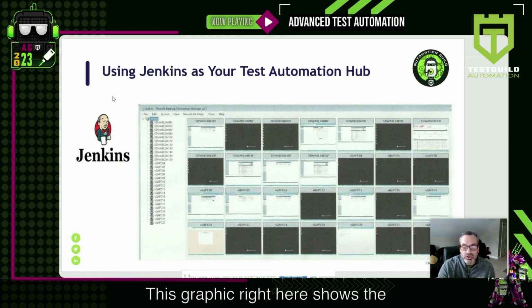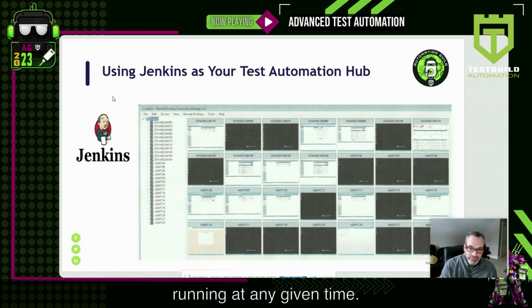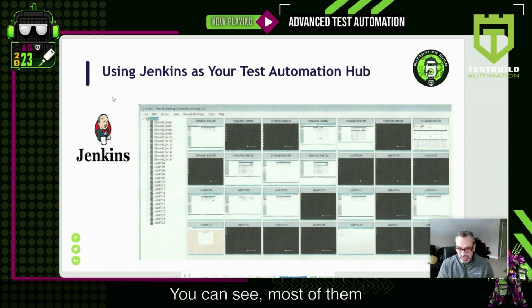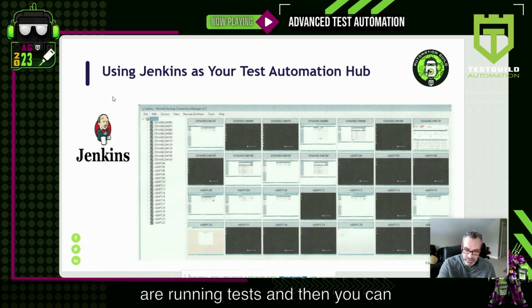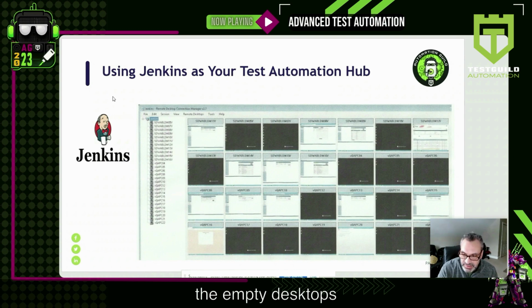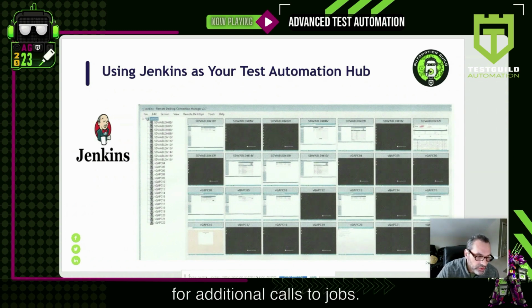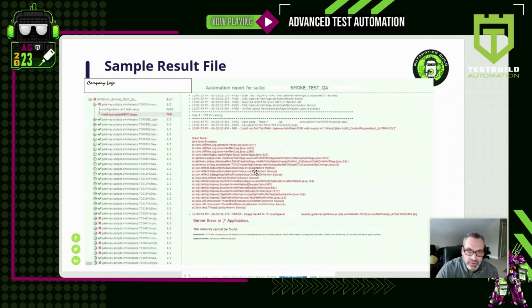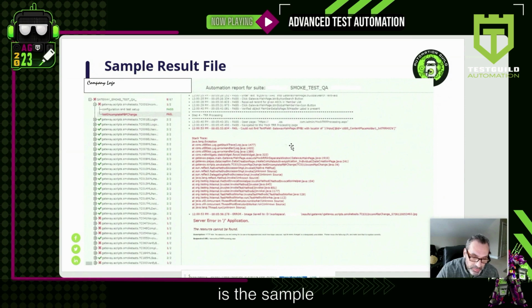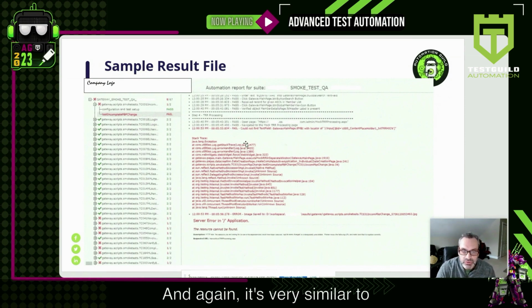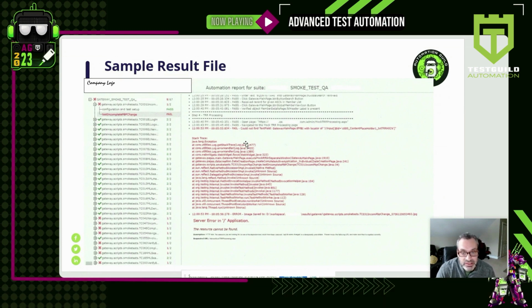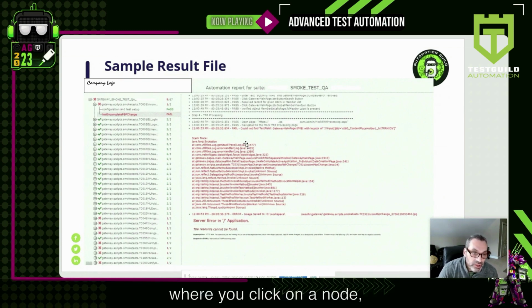This graphic right here shows the nodes that we have running at any given time. You can see, most of them are running tests, and then you can see the ones with the empty desktops that are idle and just waiting for additional calls to jobs. This is our result. This is our sample HTML result file that we have. And again, it's very similar to a silktest.res file, where you click on a node,